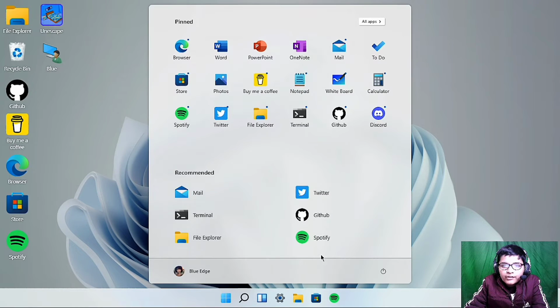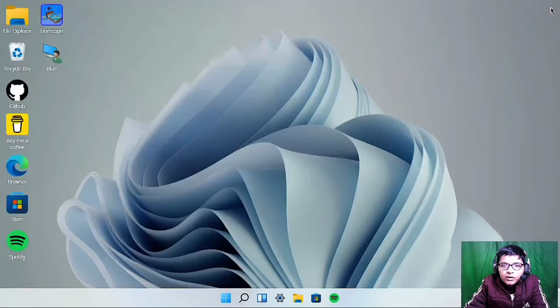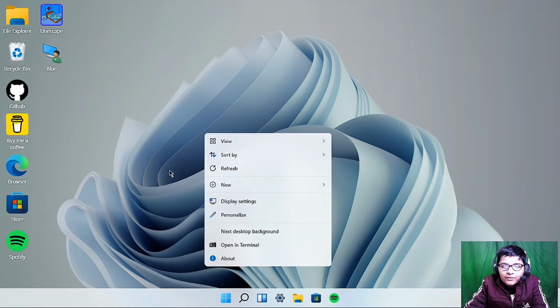Home, how is it? So we are clicking on the home button, so we are getting browser, Word, everything is in front of us, and some logos have changed like File Explorer, but others like calculator are the same as Windows 10. So this is a thing to be noted. Then Word, we are having PowerPoint, OneNote, which are not working. Browser experience of Windows 11, you can see in front of you. Microsoft Edge is open and it is awesome. Back, then everything is awesome.